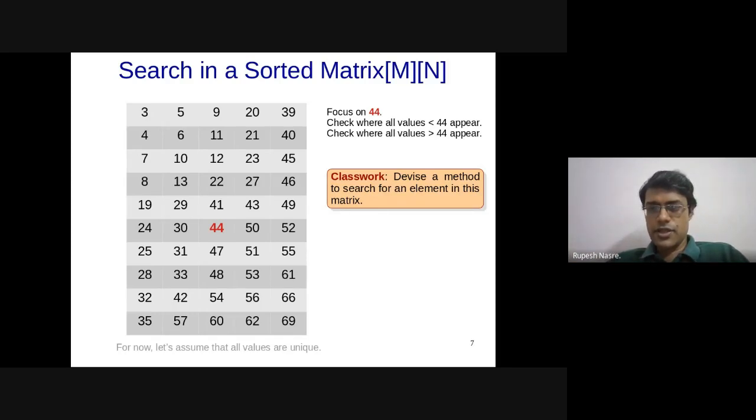Whichever is larger, no guarantee of the second quadrant. Yes, no guarantee of the second quadrant. 49 is not in the second quadrant. It will be a single binary search. So we want to find 44. We can start with the last column, traverse down and check if the number is greater than 44. If it is not, discard. If yes, start from that row, reduce the column by 1 and follow the same algorithm.